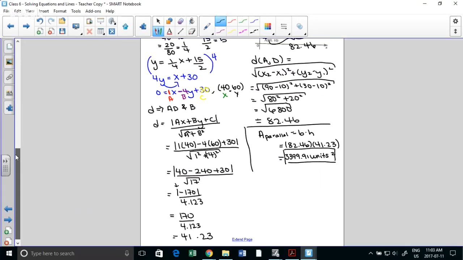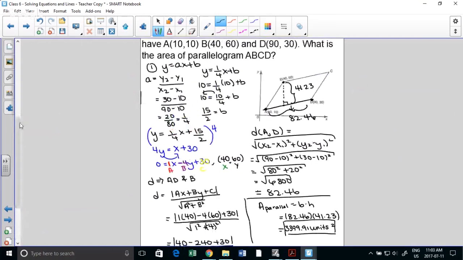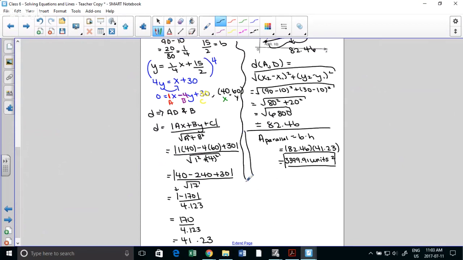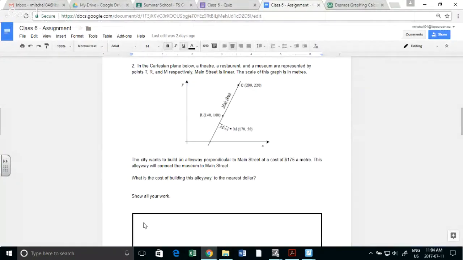Okay, so for this problem, we found the rule of the line. Here you have the slope, then we found the B, and then we converted to general. Using the general form and the distance point to line formula, we found the distance. So for this problem, this whole half here, everything on the left side is exactly what you are going to do for this problem.